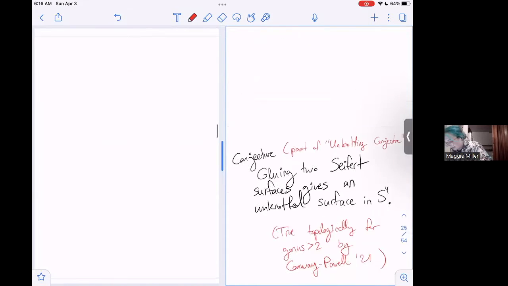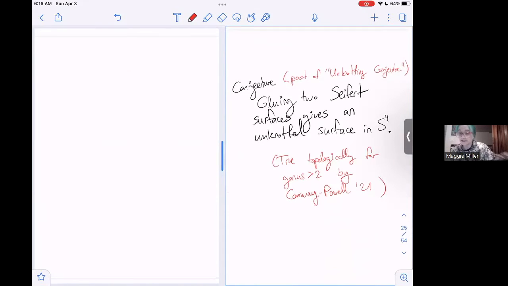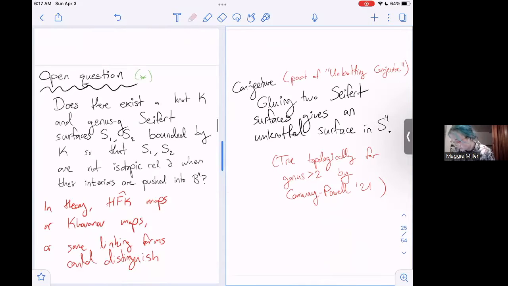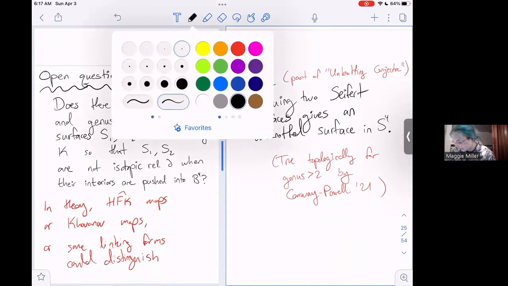which sounds like sort of nothing, but maybe is interesting if I tell you that conjecturally it should be the case that gluing together two Seifert surfaces should give the boundary of a handle body. We know this is true topologically for genus greater than 2, and it's part of a well-known conjecture called the unknotting conjecture,